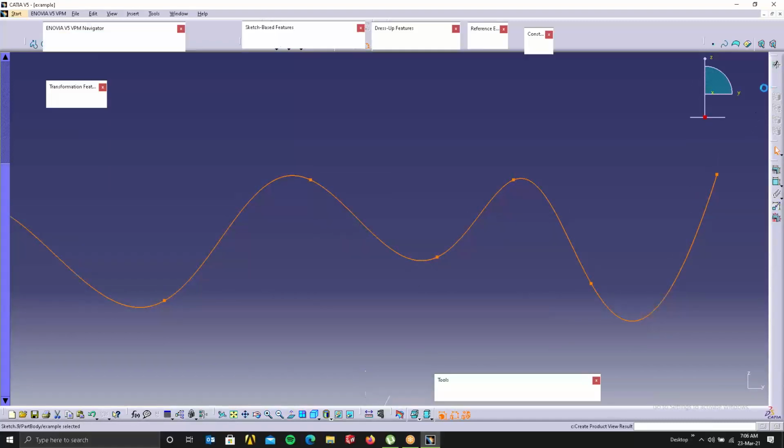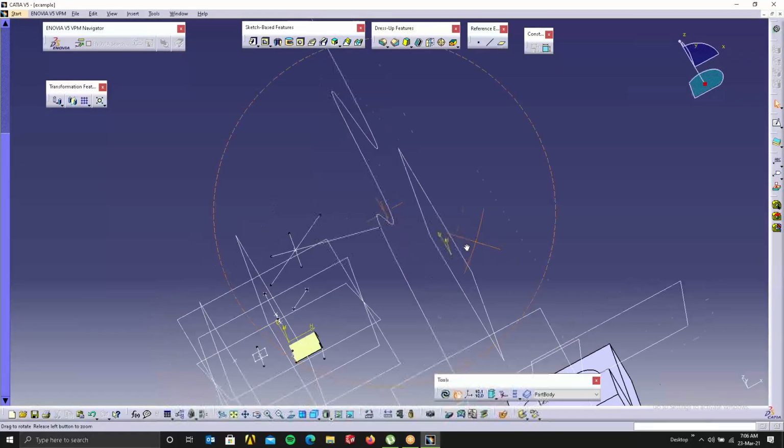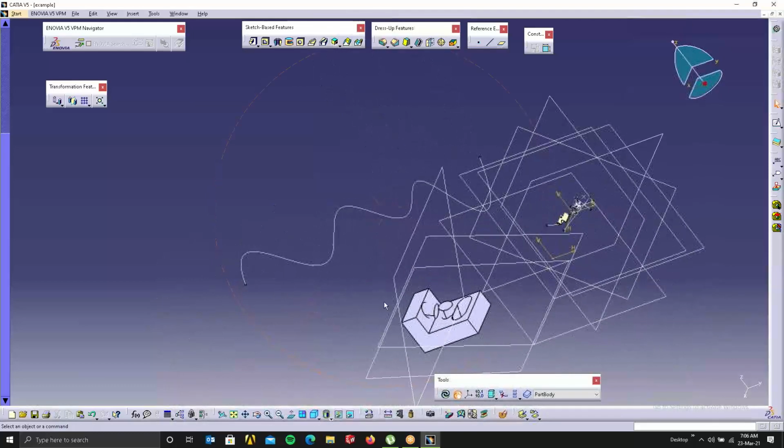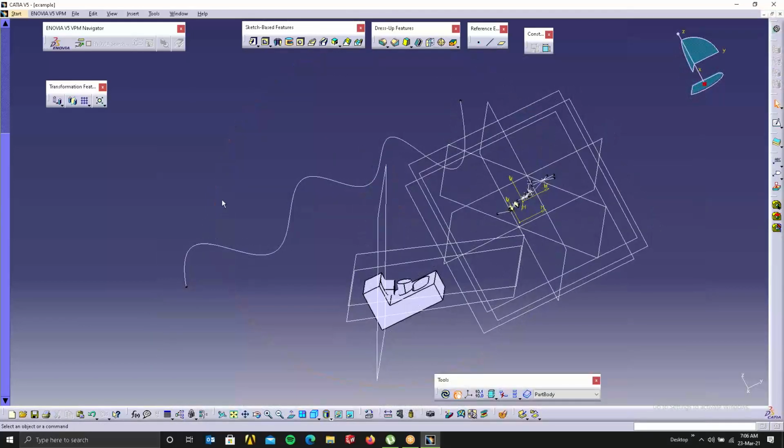So exit the sketch. So I have a curve like this. Now, similar to the previous example that we did, if you want to create any model on this, you have to use this ribbon slot command. Here, if I want to model something at this endpoint, to create the same shaft kind of thing,